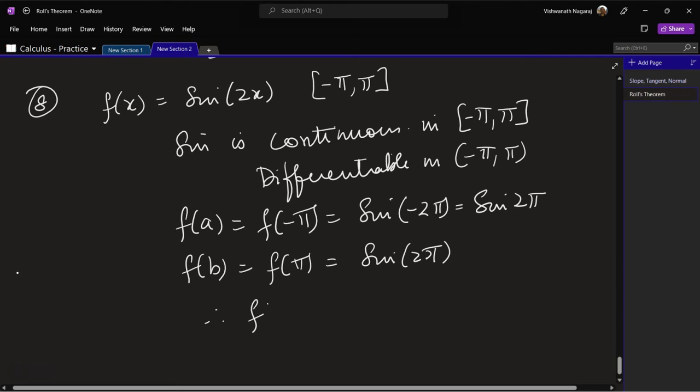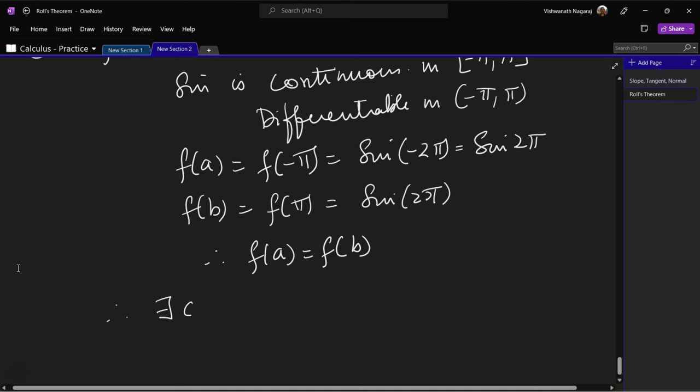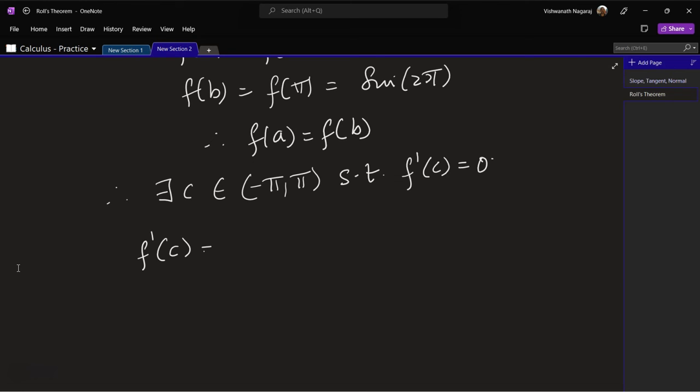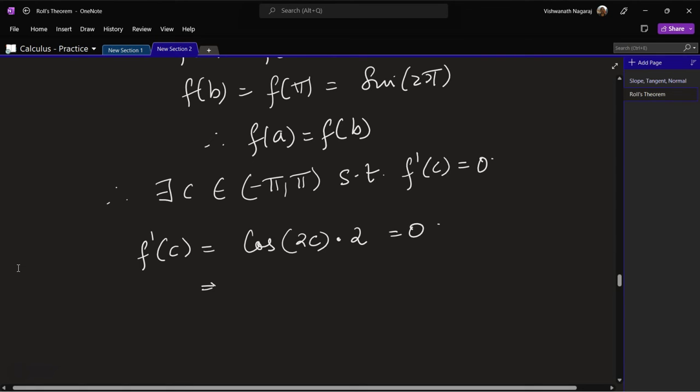So therefore f of a is equal to f of b. Therefore there exists c belonging to the open interval minus pi to pi such that f prime of c is equal to 0. So let's look at f prime of c. Remember the function given to us is sine 2x. So when we differentiate it, we get cos. We are not going to use x, we are going to use c. So cos 2c times 2 equal to 0, which implies cos 2c equal to 0,